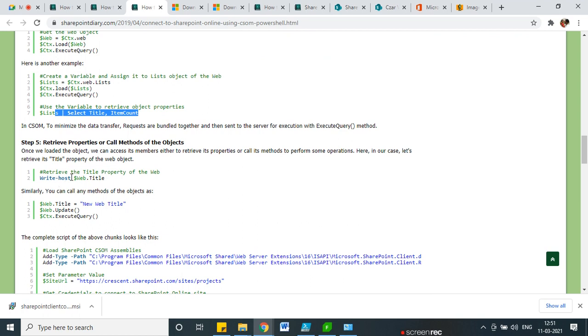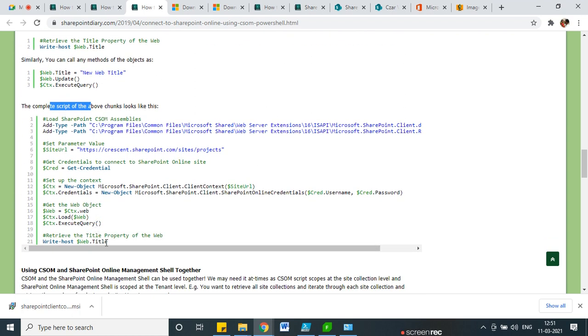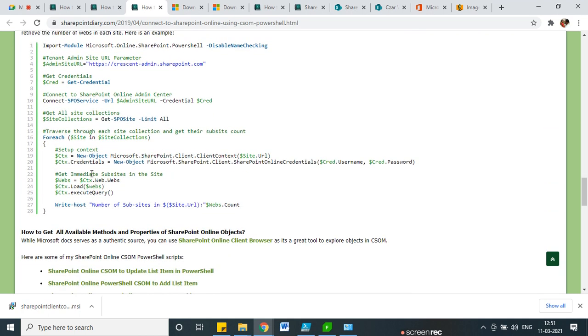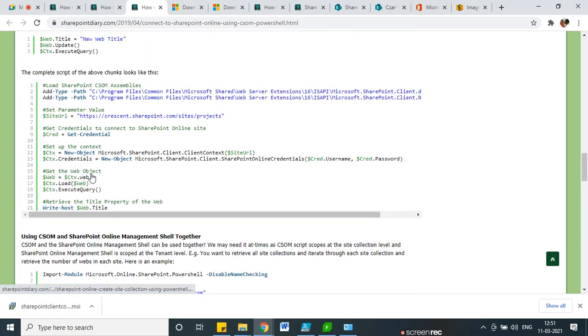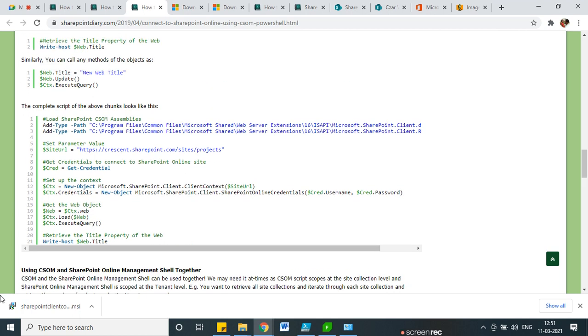Just a minute, I want to show you the complete script. Okay, so here web dot title. In this code we are just retrieving the name of my site using the client side object model. So we can write the client side object model together with your SharePoint Online Management Shell. Okay, so you can write CSOM, but first of all, as we discussed, first what we need to do,